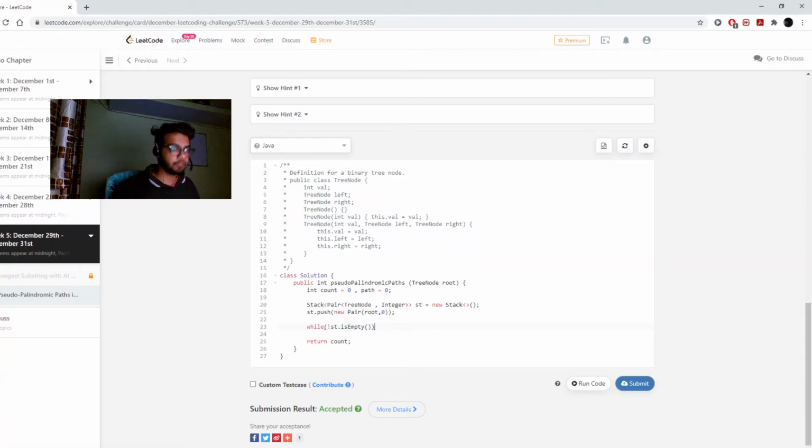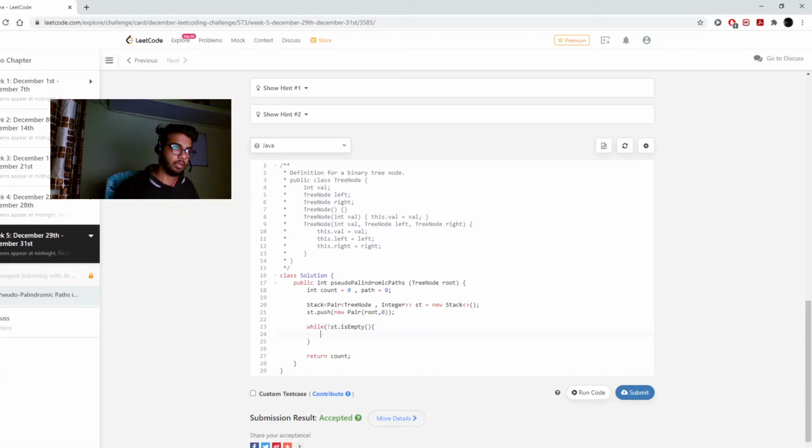Done. Now what I want to do in here is check if my root, the node that I have, is null or not. So I need to first retrieve it from the stack. So I'll make a pair first. So this pair would be,